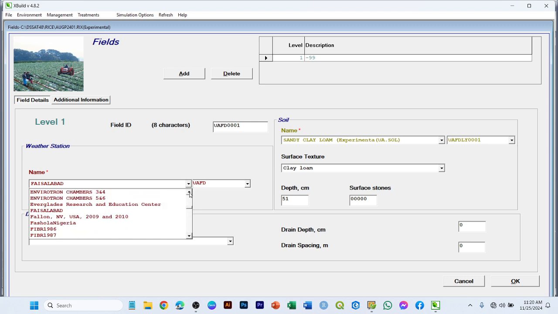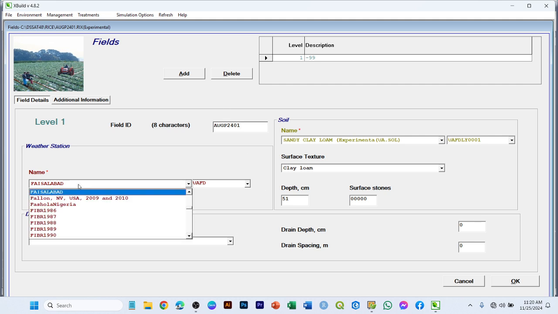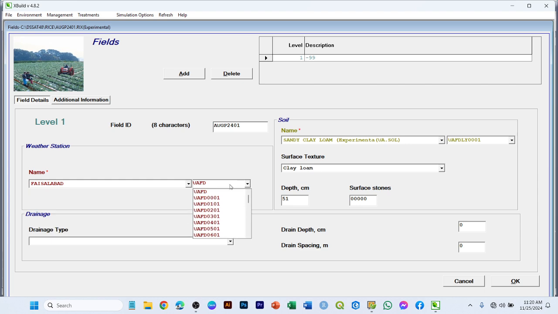So this is the field ID. This is the field ID according to your location. It should be according to your location. What was the location? AU, EUZP GB, 2400, 2401. Okay, so first of all you have to change over here